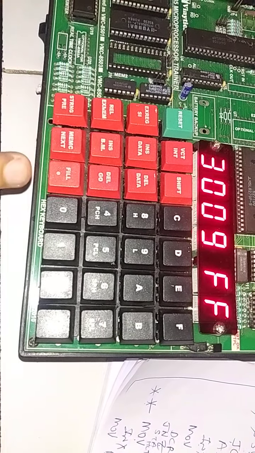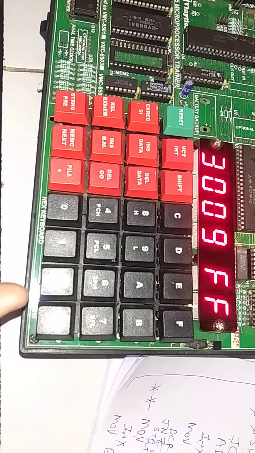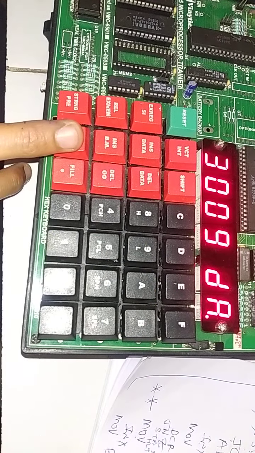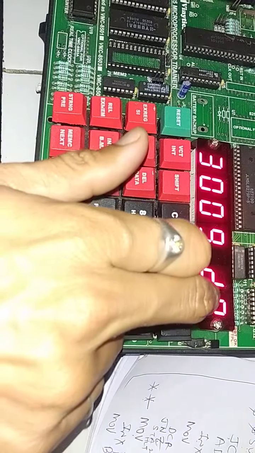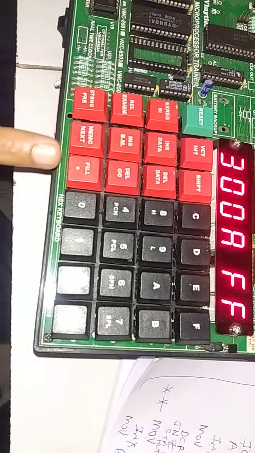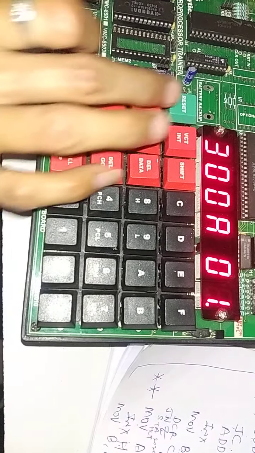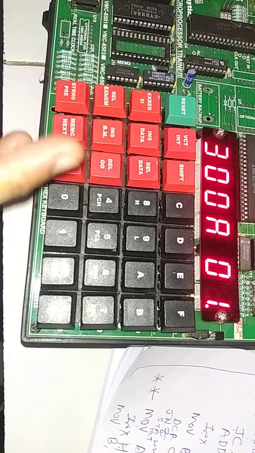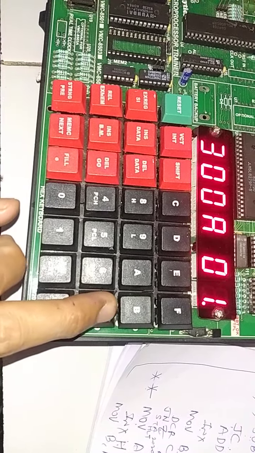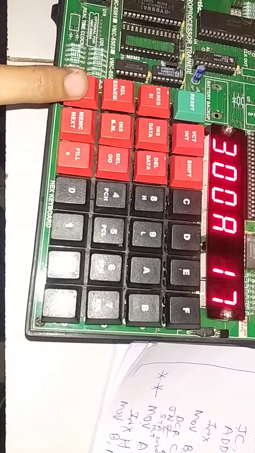Then at next, DA is the code of jump if carry. So DA, I have to use jump if carry to find out the largest. Only to find out the smallest, we have to write down here the hex code for jump not carry only. Otherwise, the whole program is the same. So DA. Then go to next. The next is that location where we have to jump, double star. So by programming, we will see that that memory location will be 3017. That's why I write down here 17, then 30. Once again I will show you, 17 and then 30.